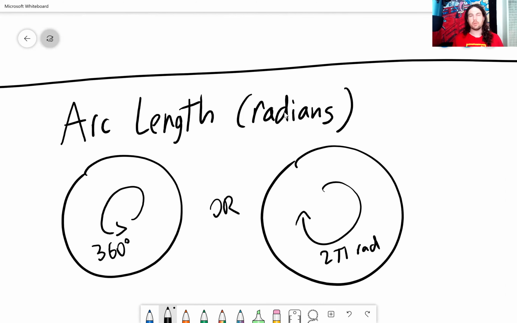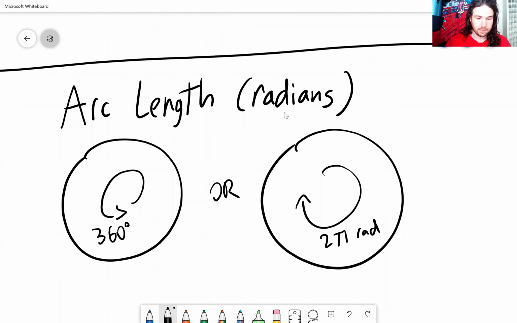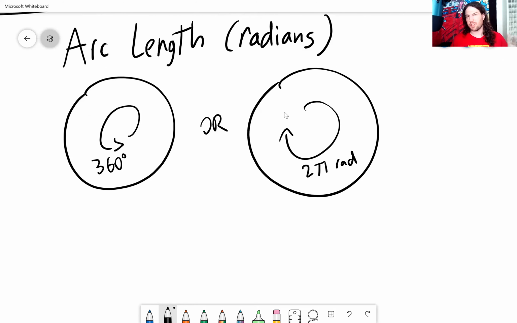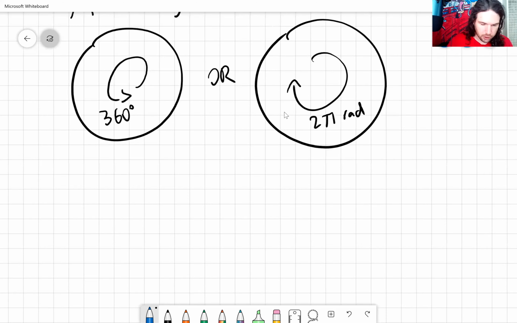And the reason we use that 2 pi is specifically to make arc length easier. I'm going to do this once the sort of wrong way, but I want you to see how it simplifies out, okay? Because again, I don't know whether you saw the other video or not, and it's fine if you didn't yet. So let's say I've got a circle,